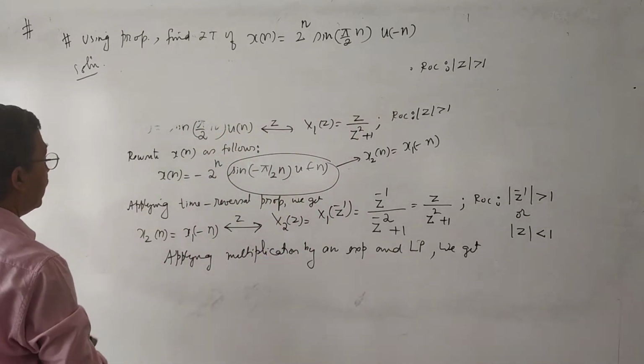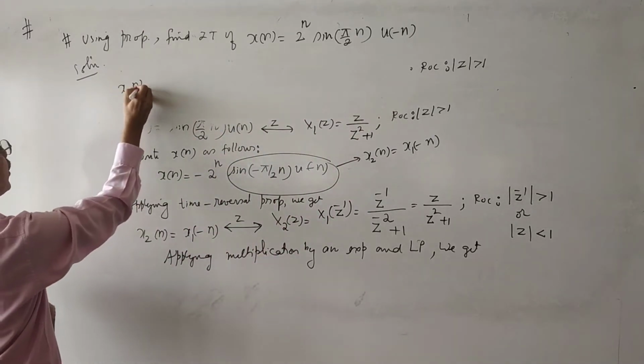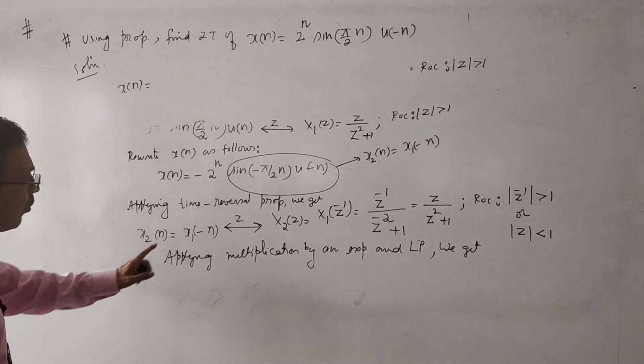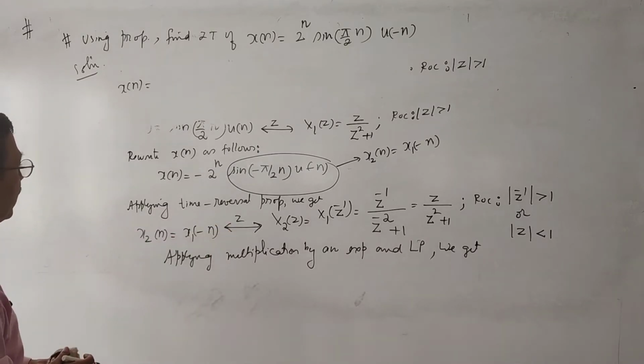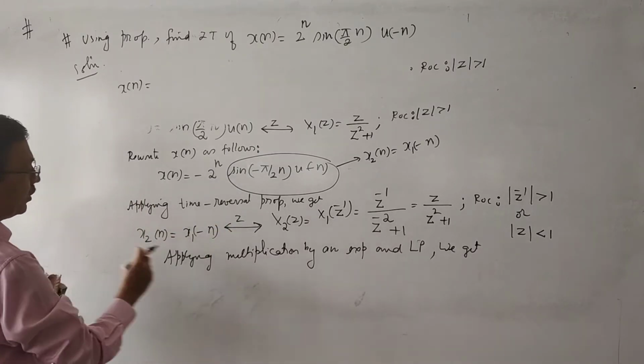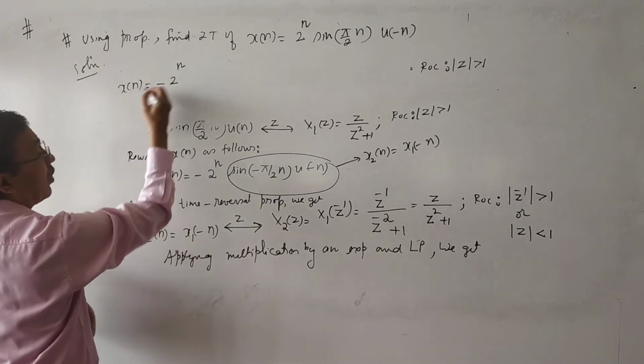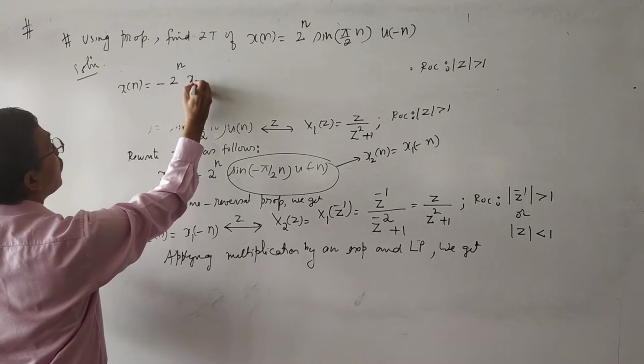What is x of n? x of n is equal to minus of 2 to the power n into x2 of n